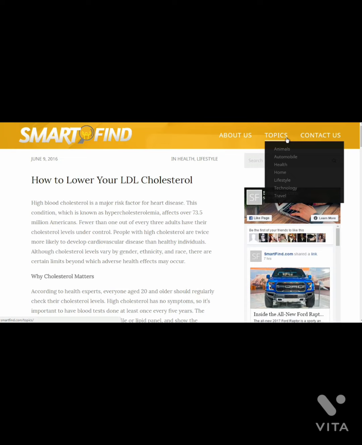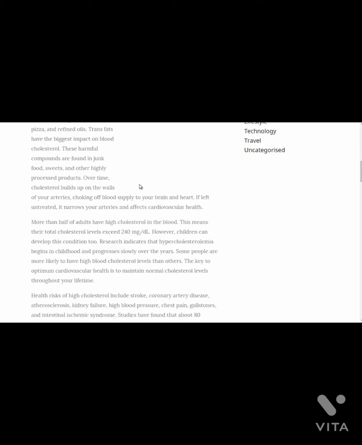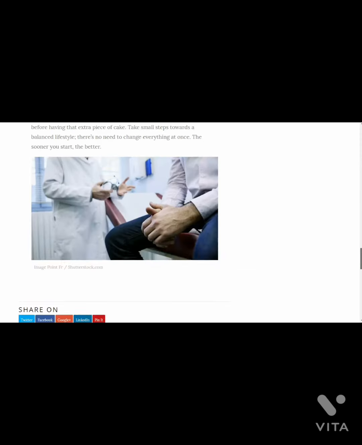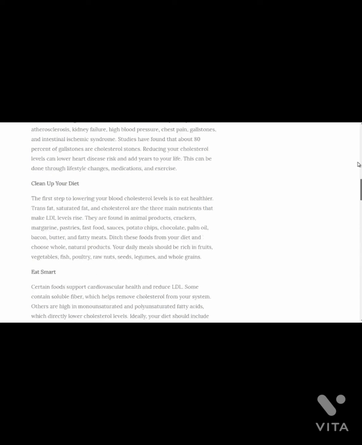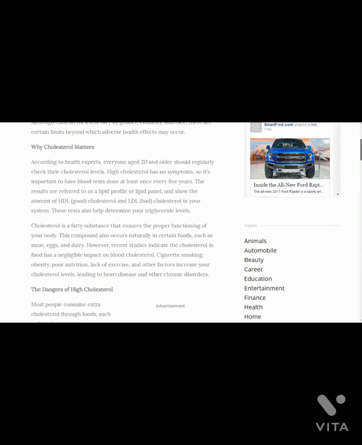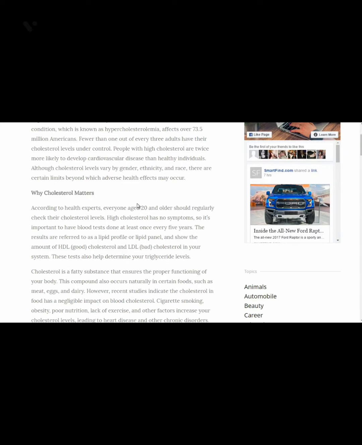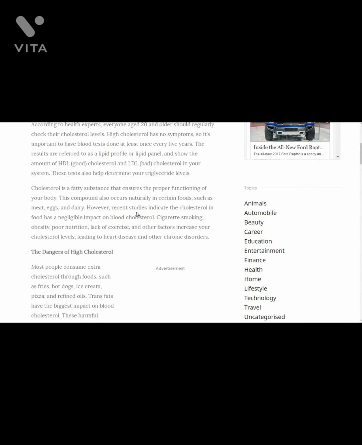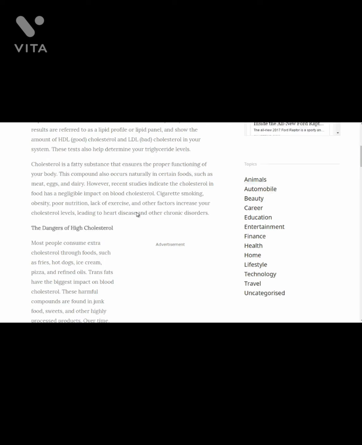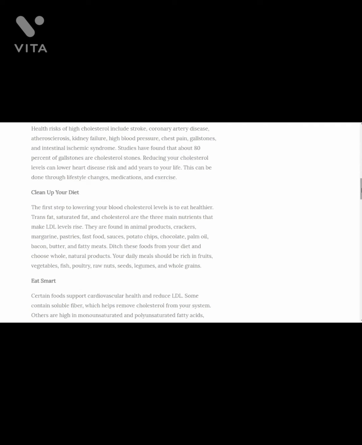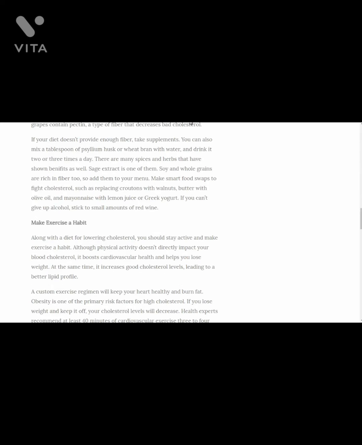Now, if we go to the other blogs and take a look at how their site is laid out, they have topics. It looks like they are very, very general. It's not necessarily related to health, but they do have one section related to health. This looks like just an article, but you can see the length of the article is actually quite long. It's a decent size article, maybe about 700. No, it looks more like 1,000 words. But nowadays, your articles and blog posts can actually get to the length of 1,500 to 2,000 words per blog post. And of course, if you have videos, that's good too, to get people to actually stay.